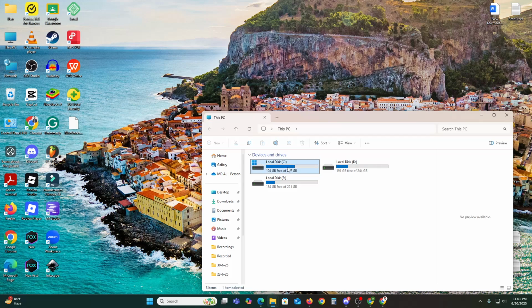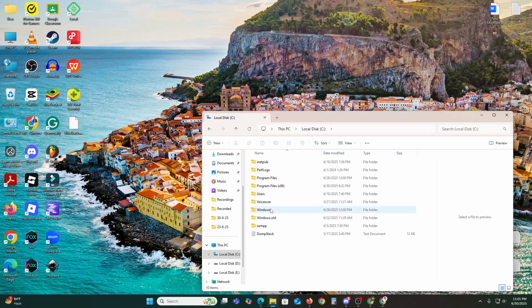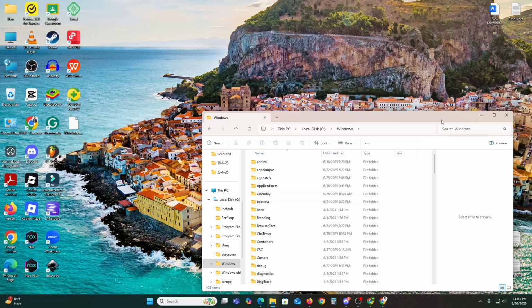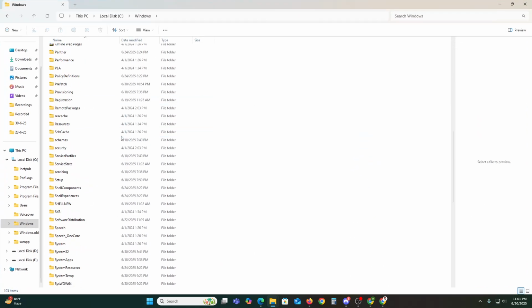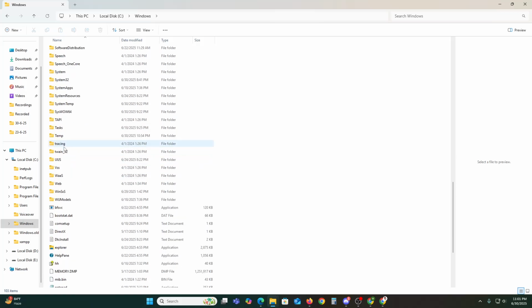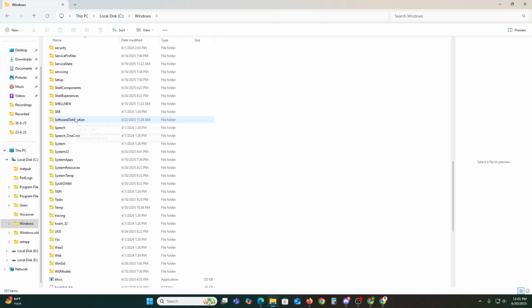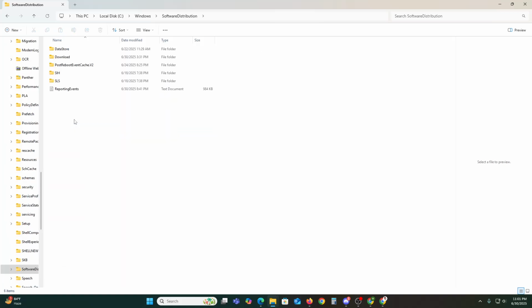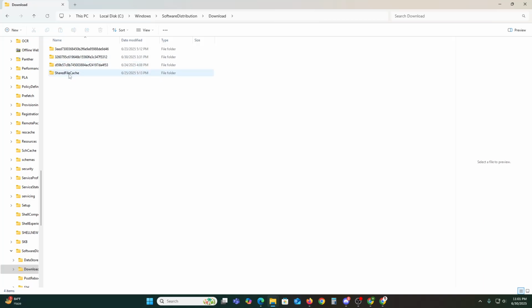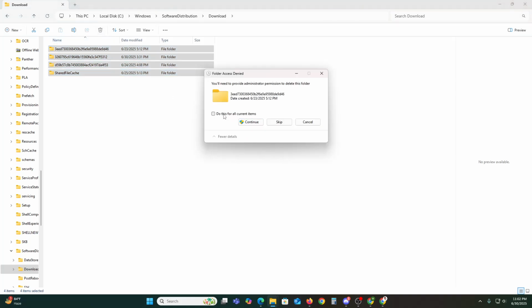then go to the local disk C, and here is the Windows. Double click the Windows and go to the SoftwareDistribution folder. Double click the SoftwareDistribution and then double click on the Download folder. Here is the Download folder, so delete these files and click on "Do this for all current items." Here it is, and click Continue,